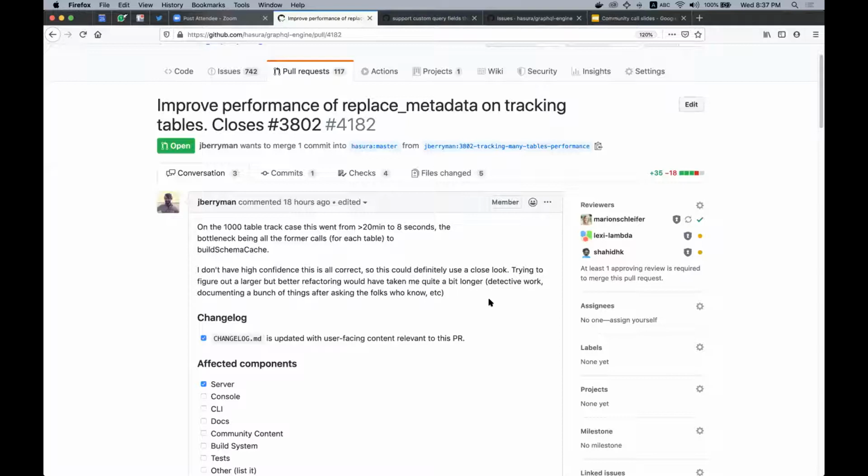So your CI and the CI processes that you have should already be super fast with this. And this will be much easier on the CLI because the CLI will be using replace metadata. The console will take a little bit of time to catch up with this performance improvement. But hopefully by the time we do the next release, which is 1.3, the console should also have those optimizations to be able to speed up any modification or handling of metadata, even on super large tables, or super large databases, 3 supers.